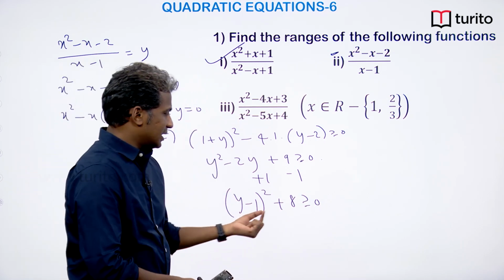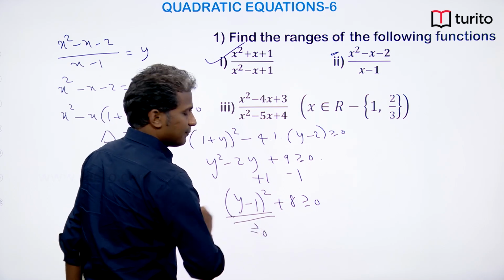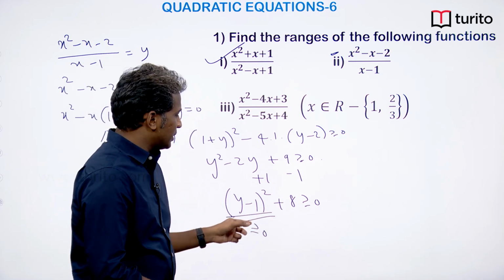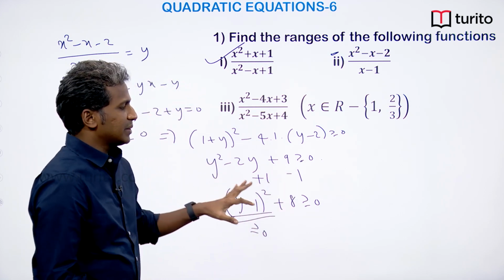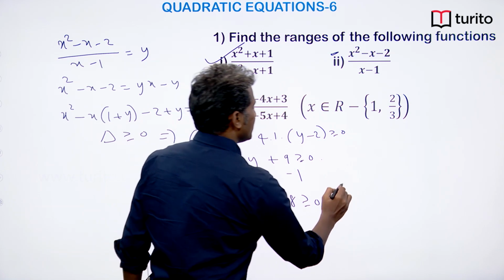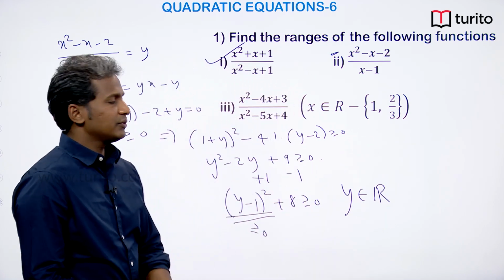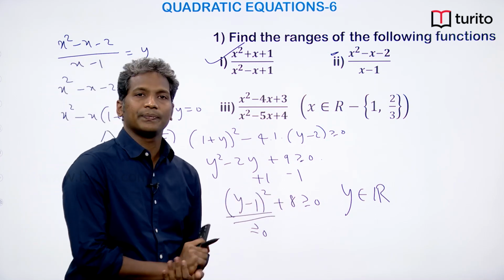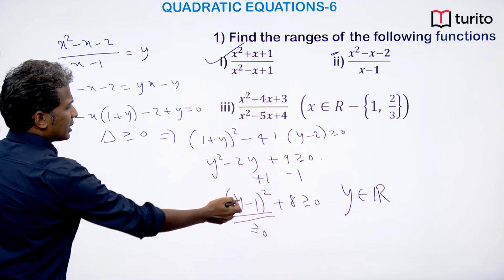So you look at this statement, (y minus y) whole square is already a non-negative term. So if I add 8 to it, then definitely this entire number is greater than or equal to 0. So this statement is already valid. So y must belong to all real values. That is what we have got from this statement. Okay. Now on the other hand, if we look at this quadratic,